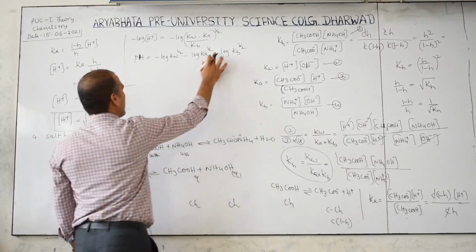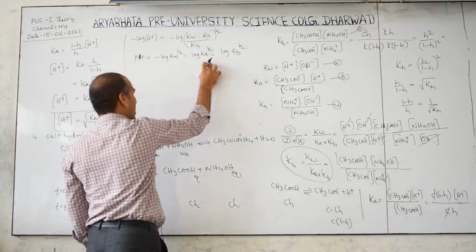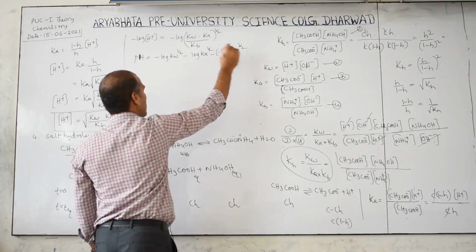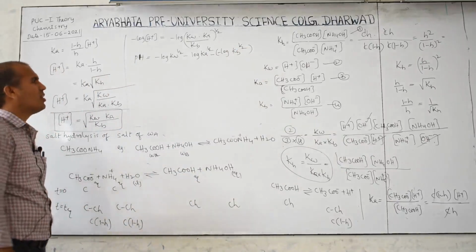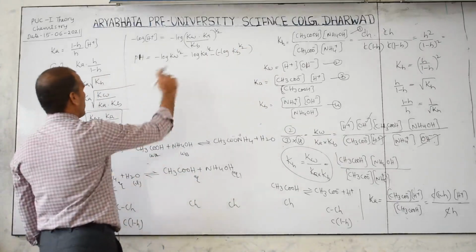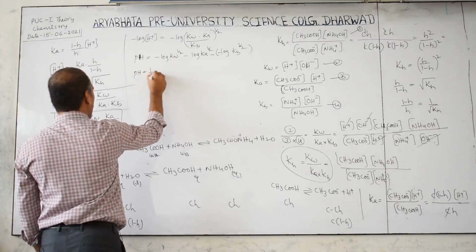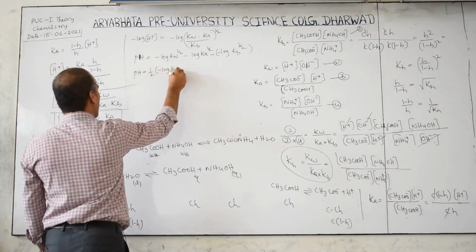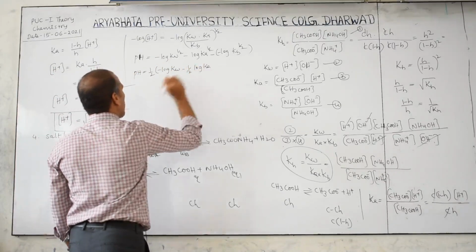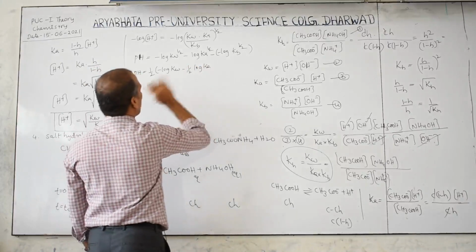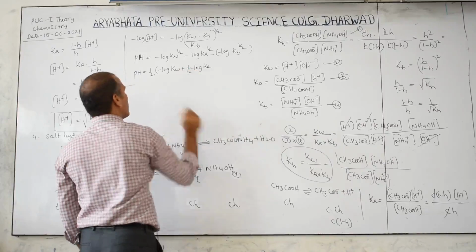Sorry, minus into minus, because for A into B form, log A by B is minus, and this minus also is that minus. So don't get confused, because these are very small mistakes we make in the calculation. Don't forget that; practice is very important. pH is equal to 1 by 2 negative logarithm of Kw, and this is half log Ka, like this also we can write.